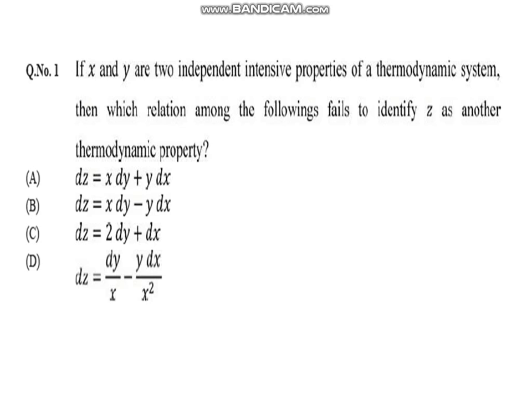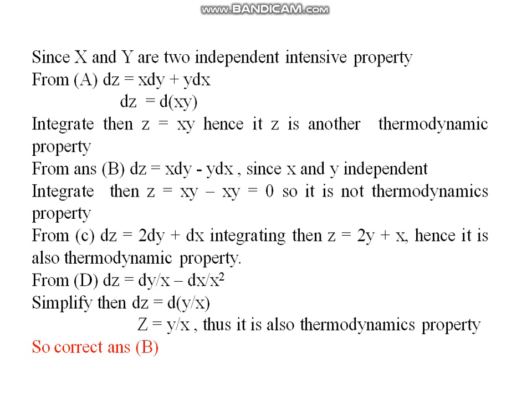So in this paper, question 1 says that if x and y are two independent intensive properties of a thermodynamic system, then which relation among the following fails to identify z as another thermodynamic property? So in this question, solution A is